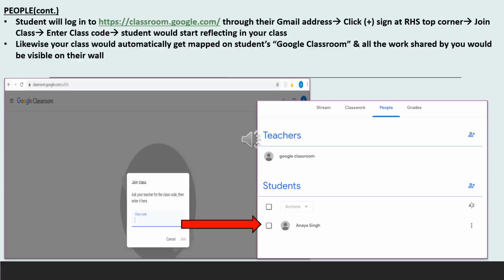But as a student, the student has no liberty in playing anything with the people icon over there. The student would only be able to view the teachers that are added in the classroom or the classmates that are added. The student would not be able to either delete any teacher or add any student inside the class, or even view their email addresses.